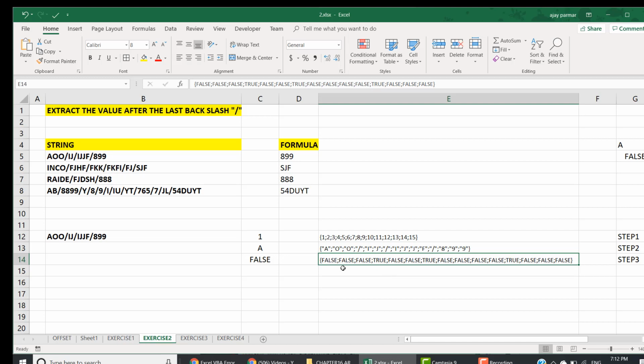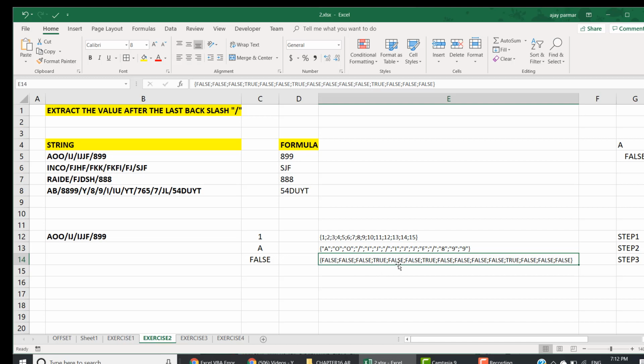Now in this particular case, unlike the last time, we are not going to multiply this array again with this array, because if you multiply this array with the same array again, what are you going to get? You're going to get false into false 0 and true into true 1. So you will end up having here 0, comma 0, comma 0, comma 1, comma 0, comma 0, comma 1, and so on. So you will get the 0 1 0 1. In this way you will get the array, but we do not need the 1s and the 0s this time.